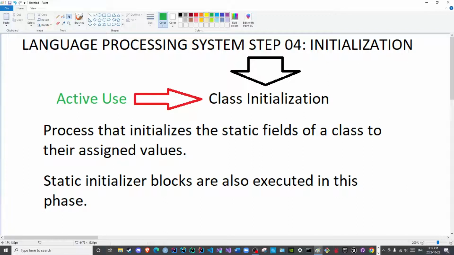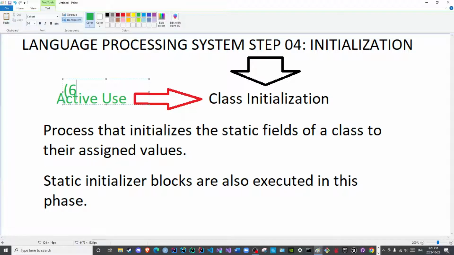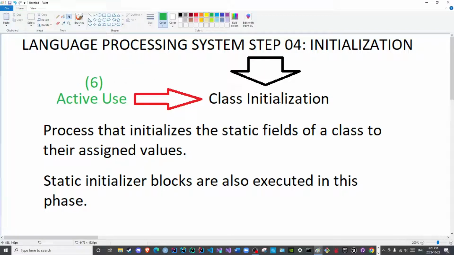What are the active uses? We have 6 active uses. Let me write that here for you, just to remind you that there are 6 different forms of active uses that can trigger initialization. However, we will not cover them here, mainly because they are related to assembly language and bytecode. And since we did not delve too deeply into assembly language, nor will we,